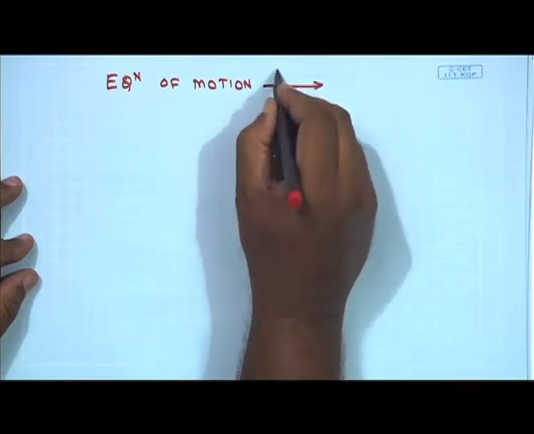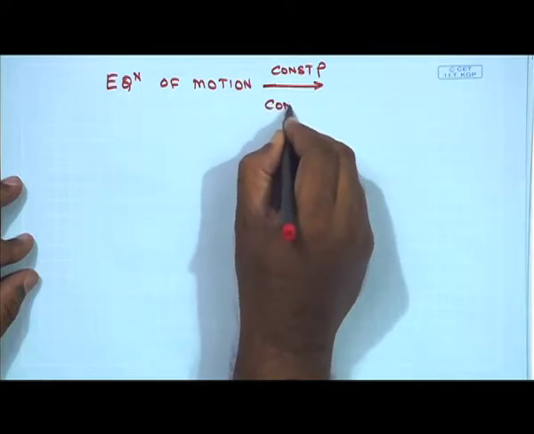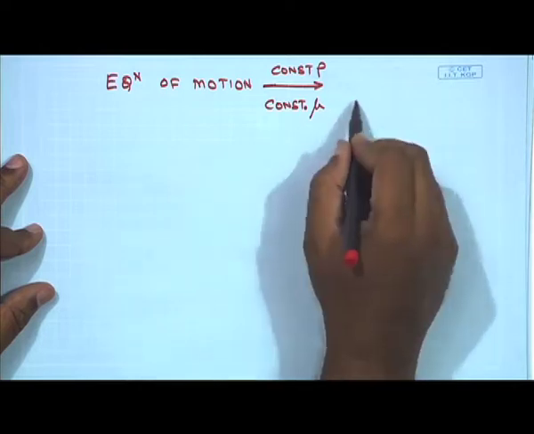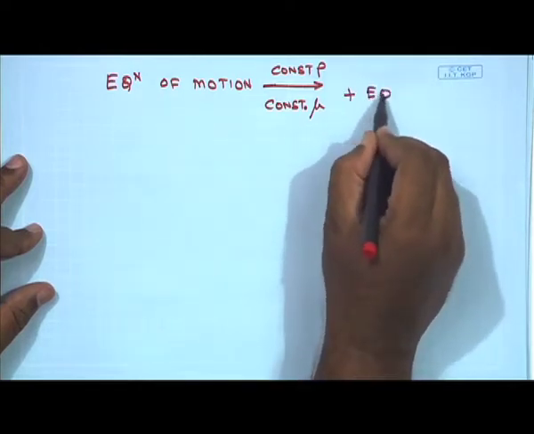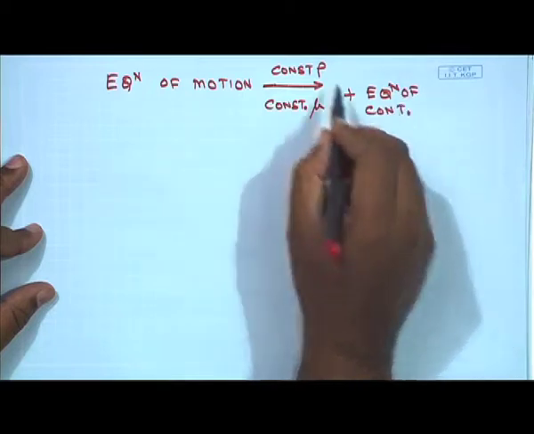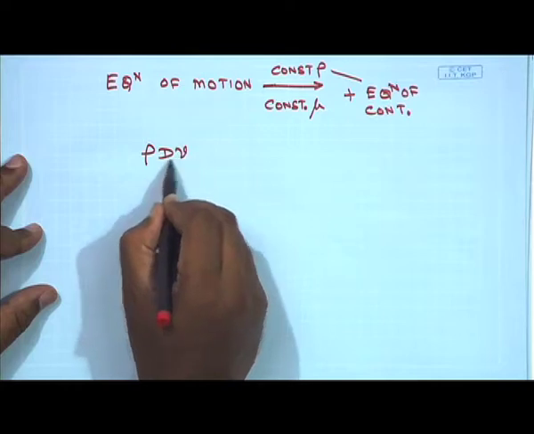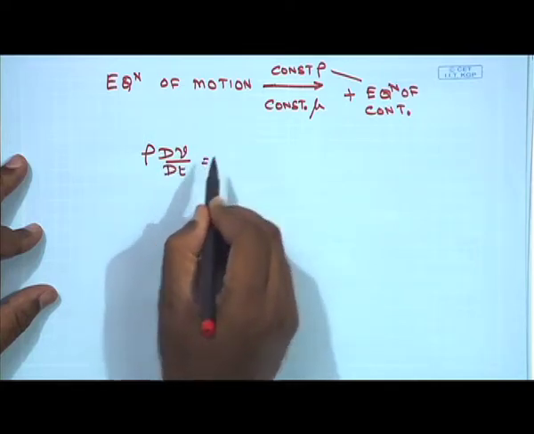When you add constant rho and constant mu, plus the equation of continuity, since now you have constant rho, the previous equation simply boils down to